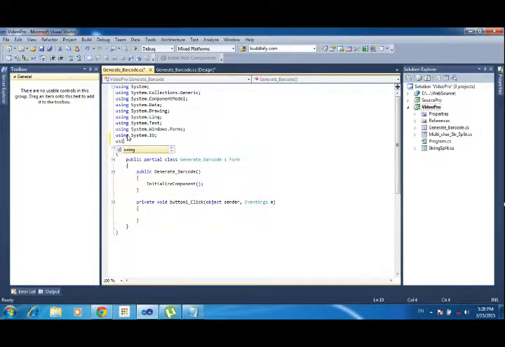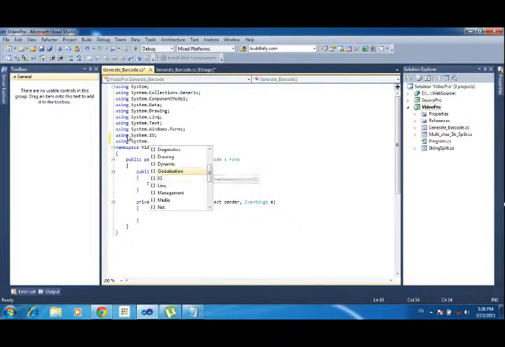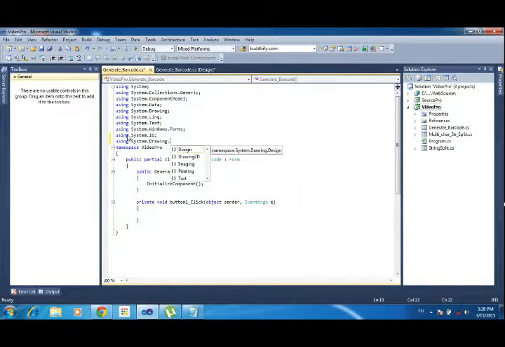And using System.Drawing.Imaging, which is used for converting the font to a barcode image. I will explain both in detail in the coming sections.